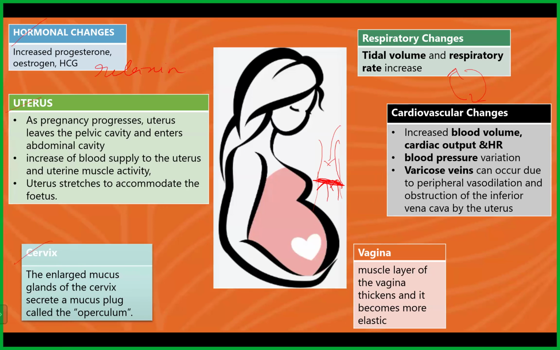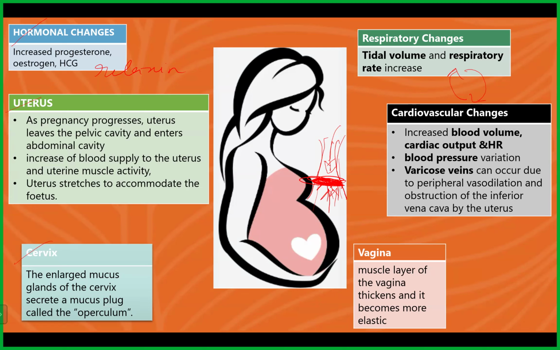The job of the operculum is to prevent any infection or any kind of activity from the external world from reaching the uterus. The cervix is like this, for instance, and the operculum would be formed like this, like a door-type structure that prevents anything from entering or exiting. So it's like a door for the baby to grow safely inside. That is about the operculum.